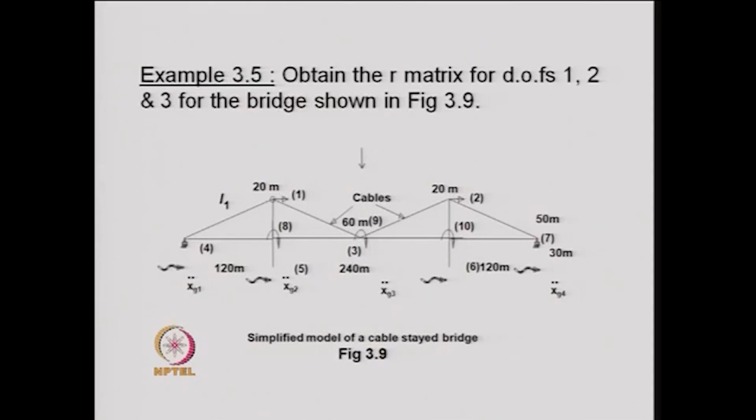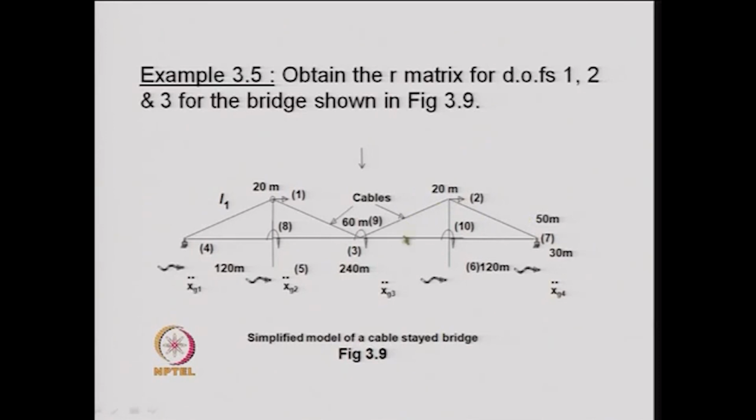Next we take another problem. It is a model of a cable stayed bridge. In that we have degrees of freedom: at the top we have a degree of freedom 1, here we have a degree of freedom 2, and at the center of the deck we consider another degree of freedom, which is in the vertical direction. So, we will try to find out the response of the structure for these 3 degrees of freedom, and the